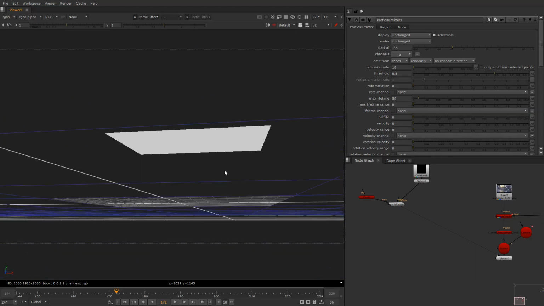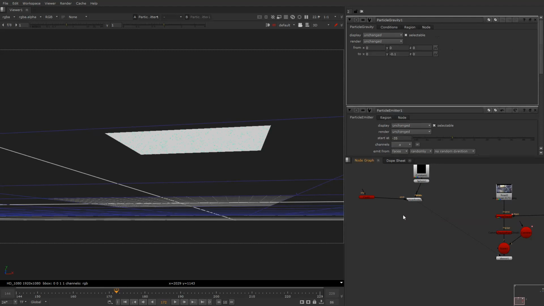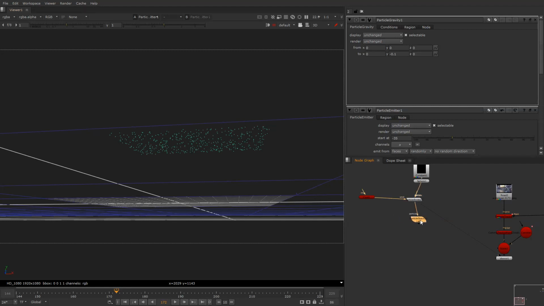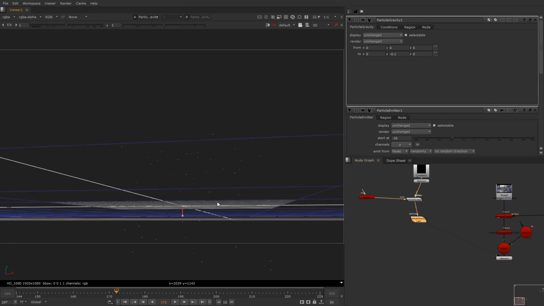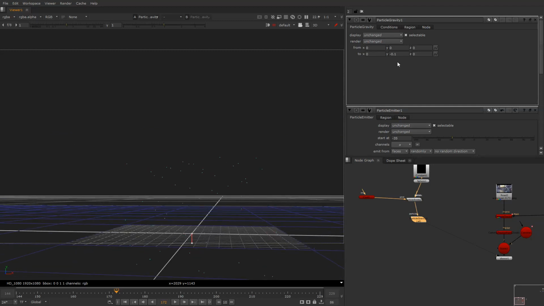Okay, now I'm going to apply particle gravity so that a particle comes down, have some gravity on them, and I'm gonna like reduce the intensity slightly so that it's not so strong. Let's see,